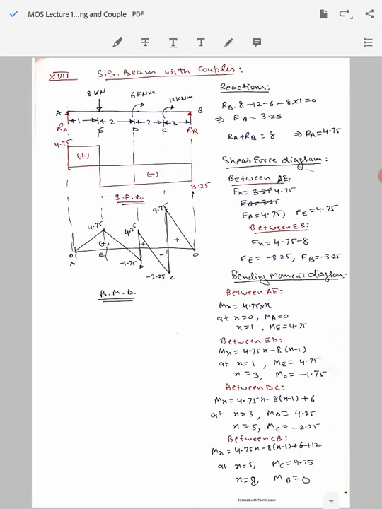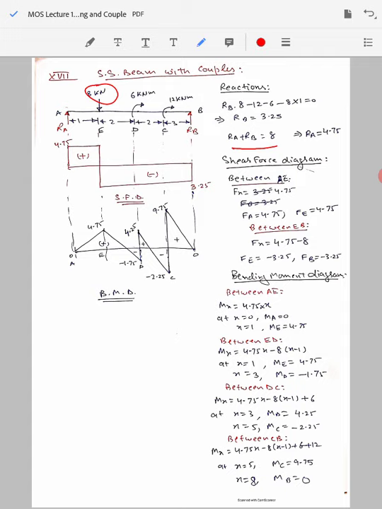Now this is the case of the simply supported beam with couples. This is interesting because in the simply supported beam we also need to calculate the support reactions, and for the support reactions we need to use the equations of static equilibrium, that means the force balance equation and the moment balance equation. The force balance equation is straightforward because in this diagram there is only one 8 kilonewton load being applied, so the support reactions Ra plus Rb will be equal to 8. So that is our force equilibrium in the vertical direction.